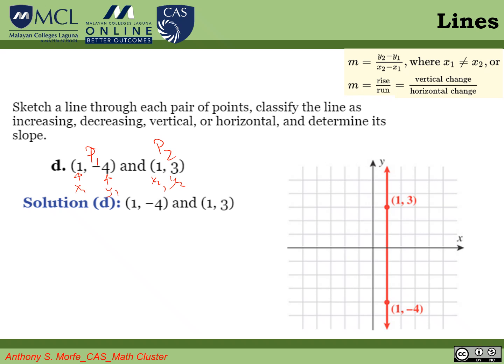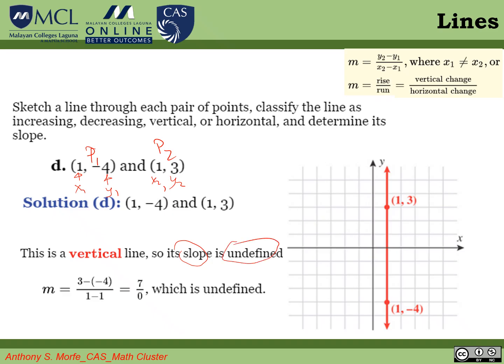After plotting the points, extend the line, put an arrow at the ends of the line as you can see here, and then identify what kind of line it is, what category it is. Is it a vertical line? Its slope is undefined. For a vertical line, it's automatic, the slope is undefined. We solve the slope, showing that the denominator is 0. Any number or expression divided by 0 is always undefined. So you just look at the denominator, and that is 0, and that is undefined.